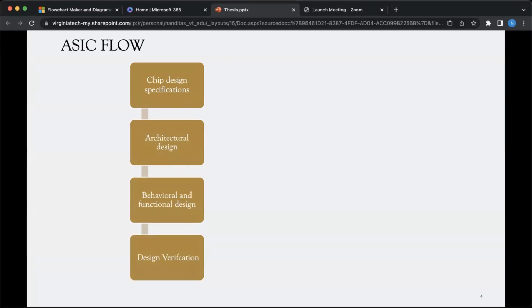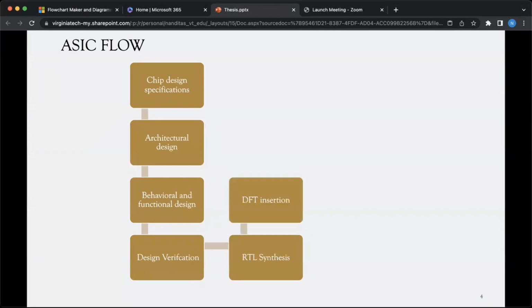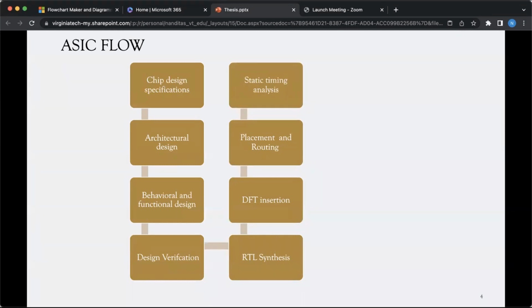And then comes in the design verification team. The design verification team makes the reference model of the actual RTL and verifies if the RTL is correct or not, whether it is functionally able to achieve everything that is mentioned in the document. After design verification, we have the RTL synthesis team, which converts all the logic into gate level. Then we have the DFT team, which will send streams of ones and zeros to make sure that all the connections are valid. Then we have the placement and routing team, which will place the modules or the components on a chip. Then we have the static timing analysis team, which will see that the timing of the data is being matched. Then gate level simulation